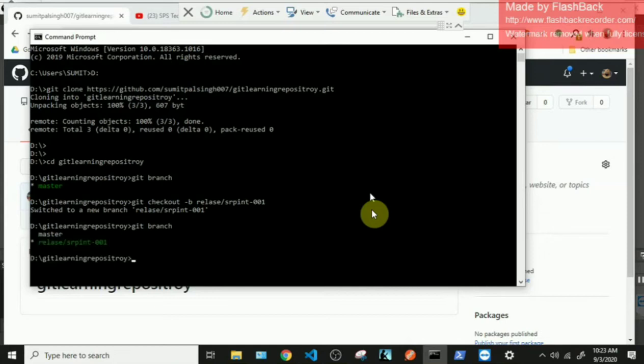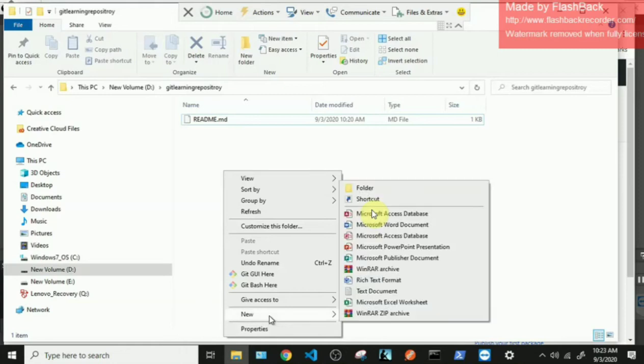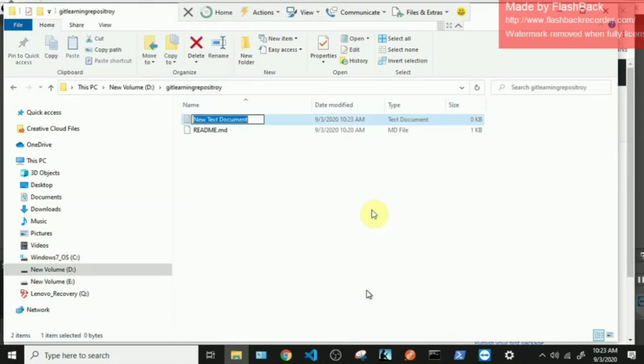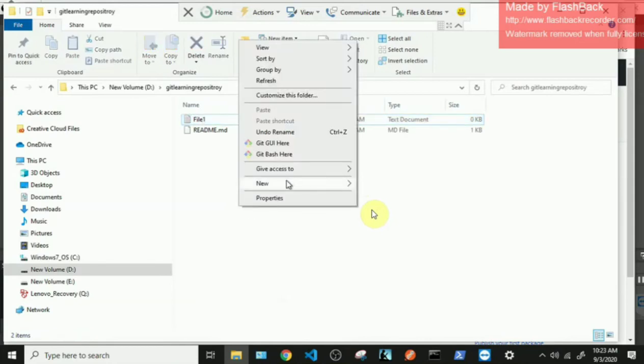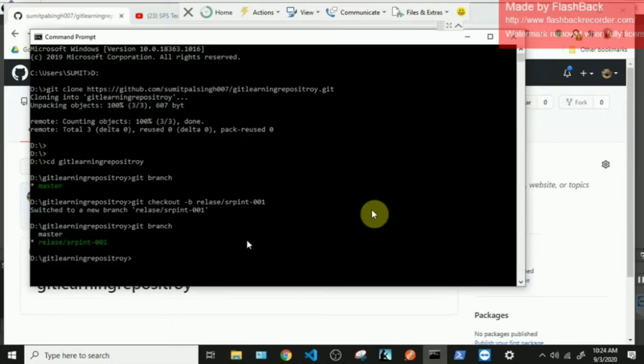Now I'll add some files here, which for example are my code changes. I've added a file 1, and I've added another file which is file 2. One is a doc file and one is a word file, never mind. Now suppose that after 2 weeks of work, I have created these two files which I need to send out as a release. So in my branch,